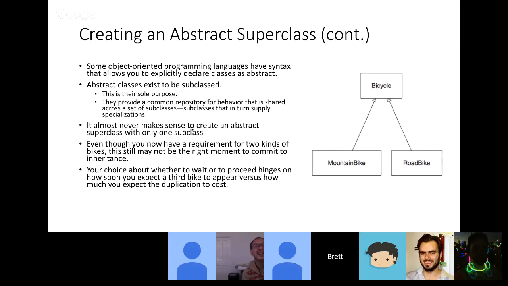took about 10 years to understand that. So you think you'd get that. So that's where I go into how some object-oriented programming languages have syntax that allows you to explicitly declare classes as abstract. Java has that. In Ruby, we don't have that. In Ruby, we just trust that you'd know that rule and that's how